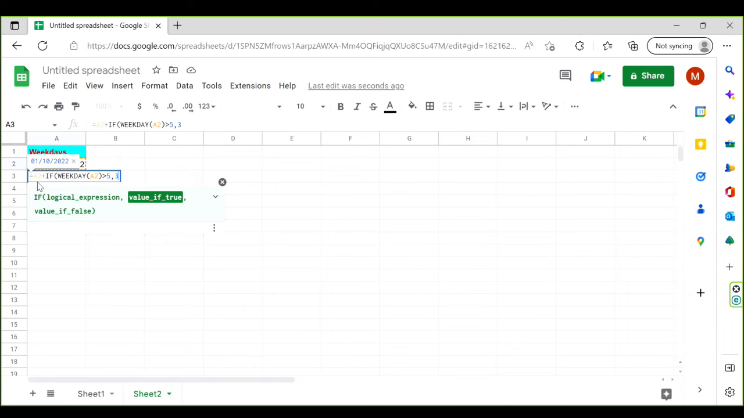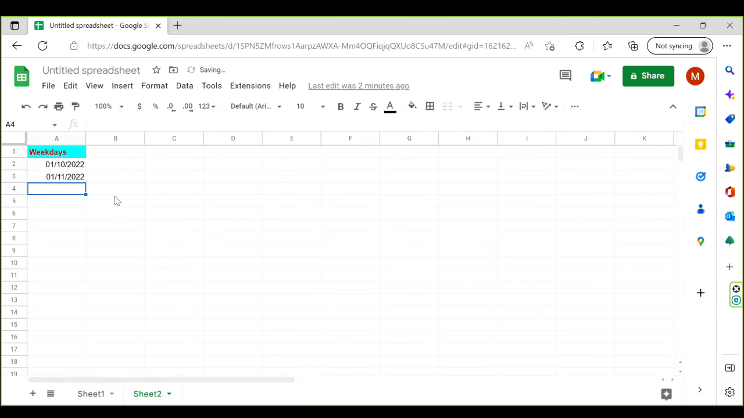the starting weekday. Otherwise add 1 with the starting weekday. Close the bracket, press enter, and then drag the